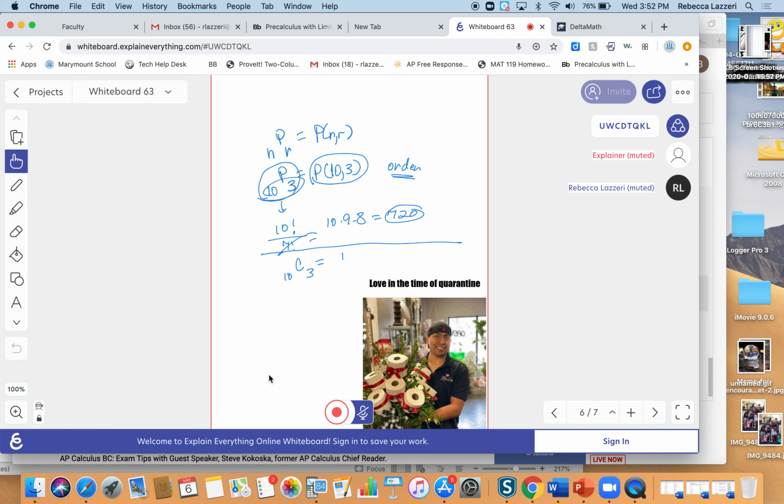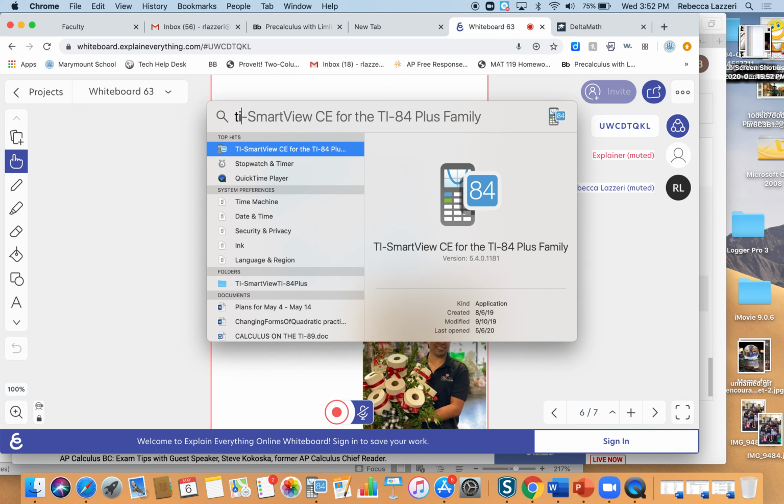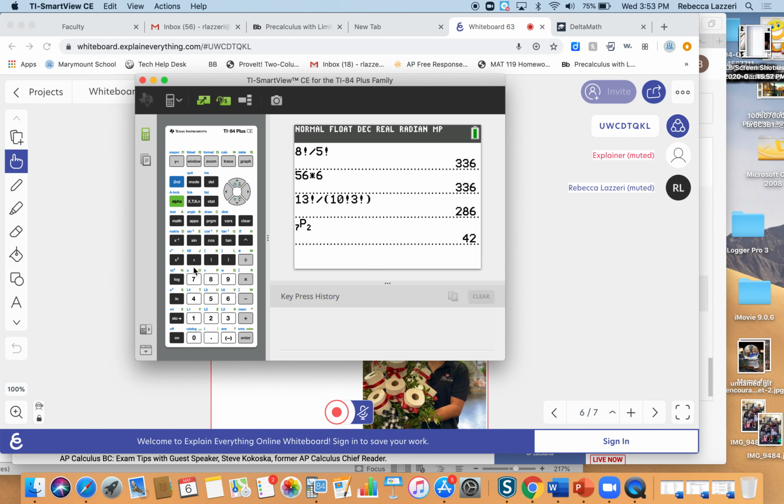But what you do here is you start it off like a permutation, 10 things 3 at a time. Subtract 10 minus 3, just like you do up here, and you get 7 factorial. But then you also go back and grab that 3 factorial. And there should be fewer ways. That would be 10, 9, 8, 7, 6, 5, 4, 3, 2, 1 cancels out, over 3, 2, 1. And we'll get that number in just a minute. It should be 720 divided by 6. Might be 120.